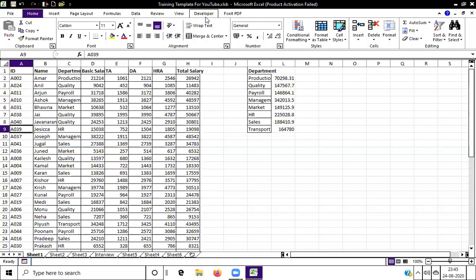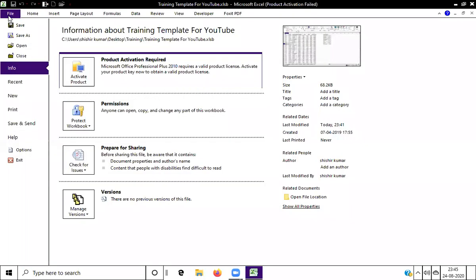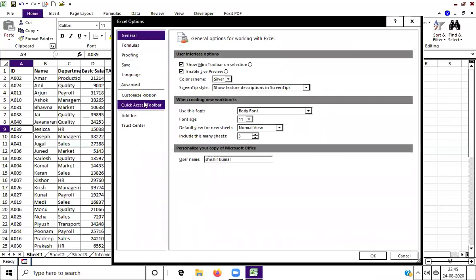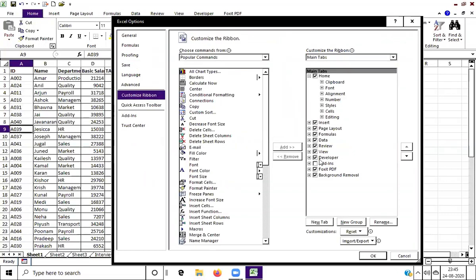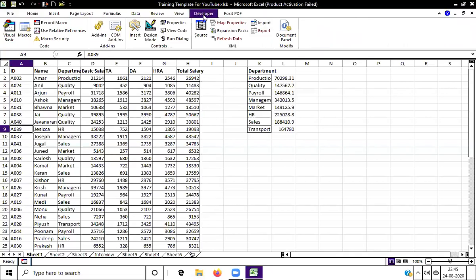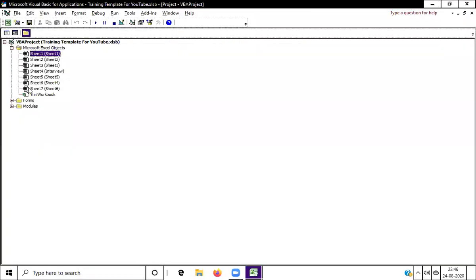In case the Developer tab is not activated, go to File, Options, then Customize Ribbon, and check it. Then the Developer tab will show automatically. To start the code window, go to the Developer tab and click on Visual Basic.